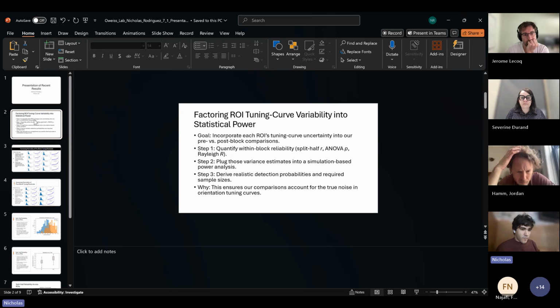So part of the purpose of this analysis is to really try to understand more deeply which ROIs are exhibiting clear orientation tuning, and what is the distribution of those ROIs? Because it seems like if we're going to compare orientation tuning vectors between pre and post block, then we need to have some sense of which ROIs are exhibiting clear orientation tuning and what is happening